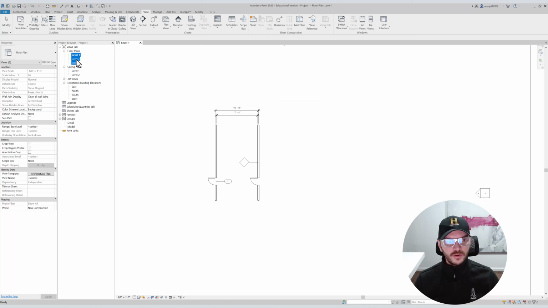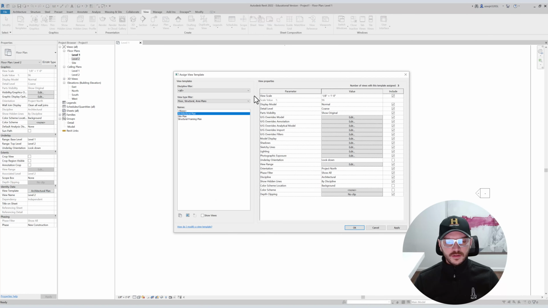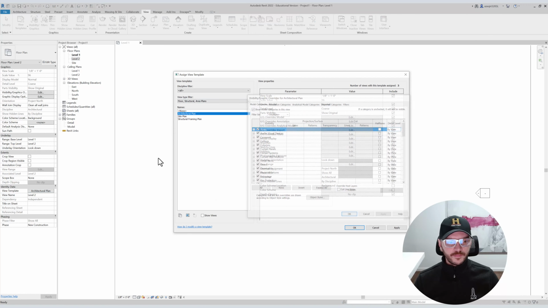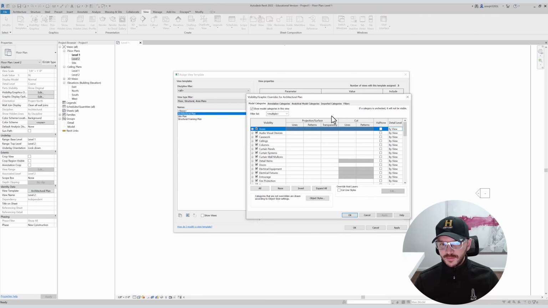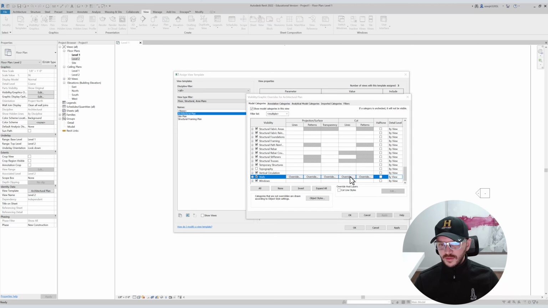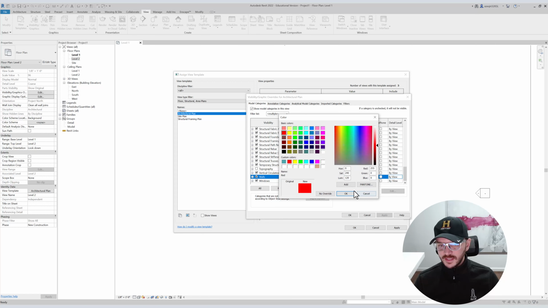Now, if we change something in here, let's say we want our walls' cut line to be 6 and our color to be red instead,